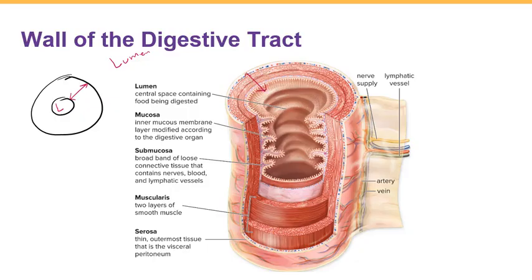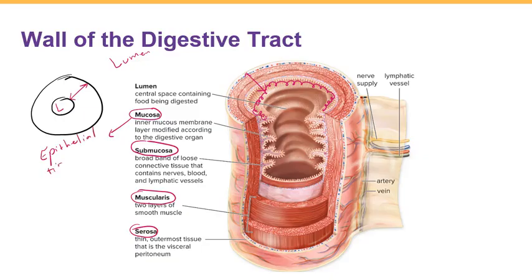So the wall is divided into 4 layers from inside to the outside. We have the mucosal layer, submucosal layer, muscularis layer, and finally the serosa layer. Mucosa is the innermost layer, the layer toward the lumen, in contact with the food. This layer is actually composed of epithelial tissue,